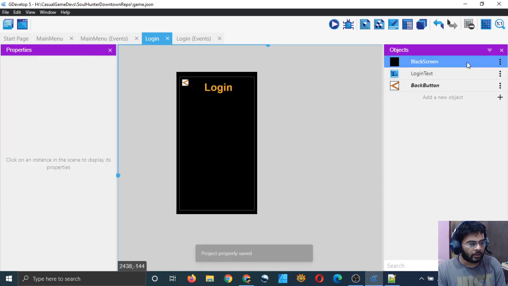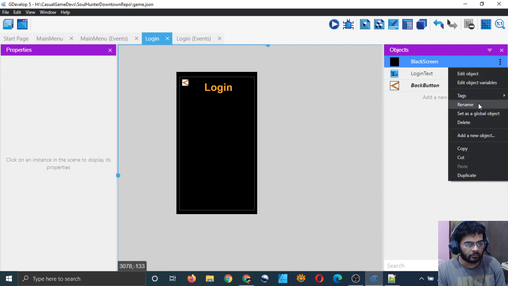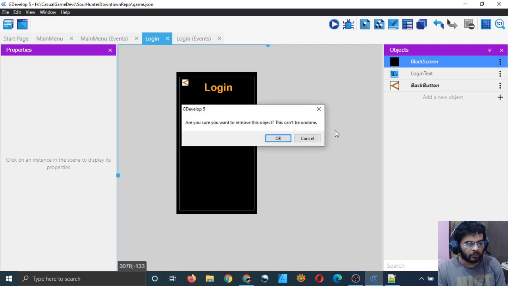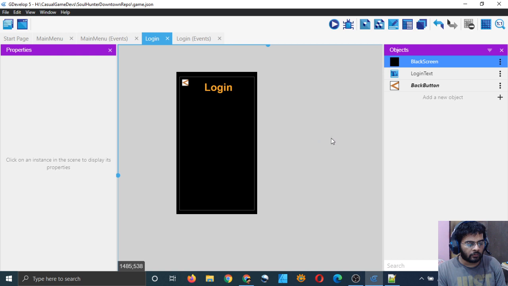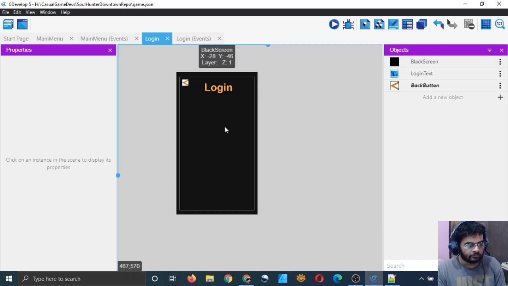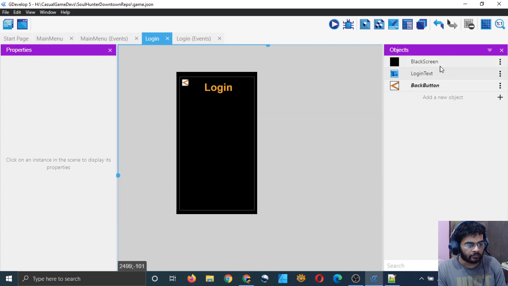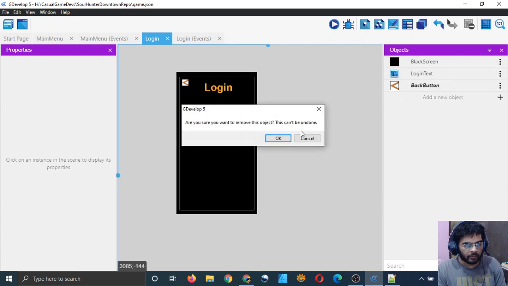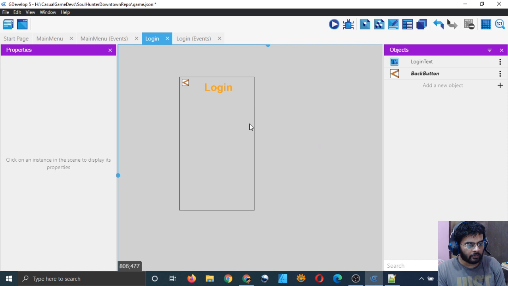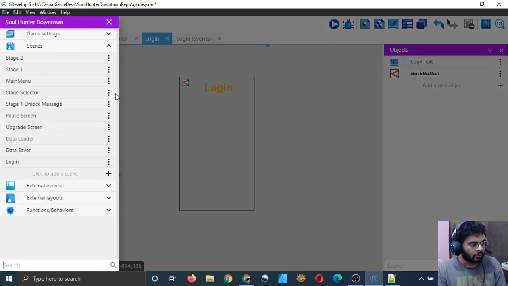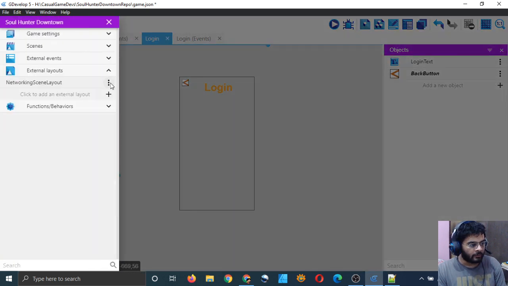Black screen. I will remove the black screen. You know why? Because, or let it be there. Let it be, or maybe just remove it. We don't need it. Or we will make our own black screen because using layouts is not proving to be very helpful.